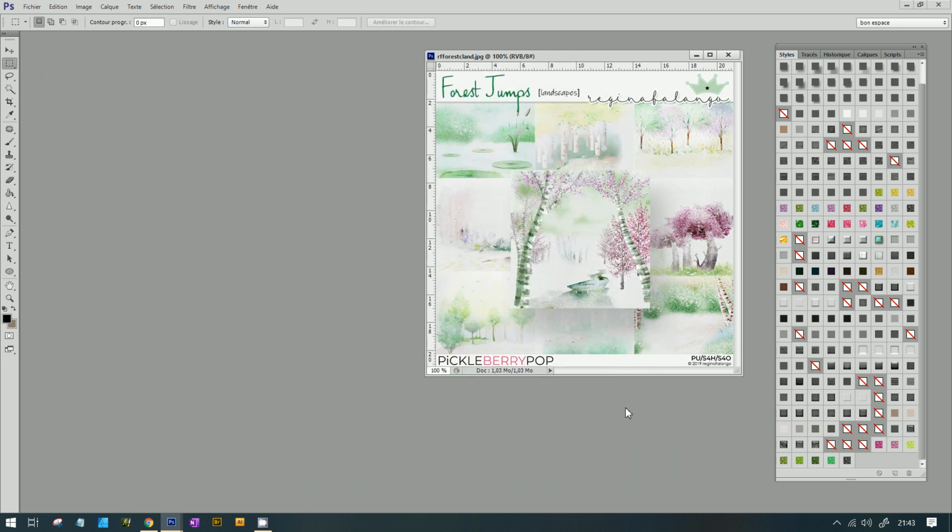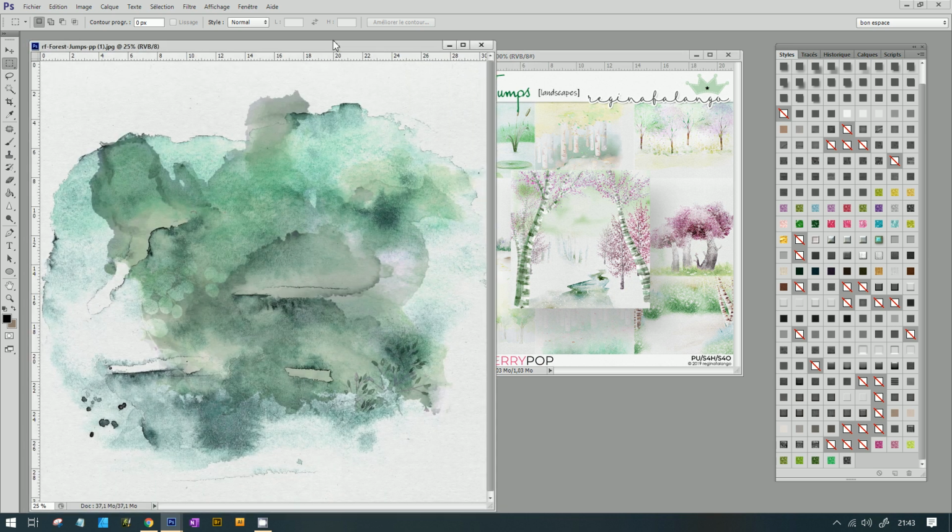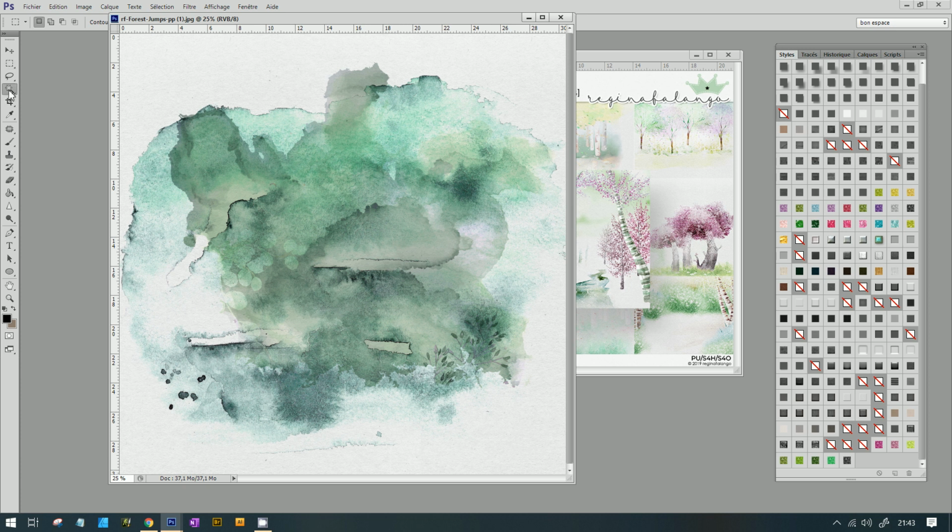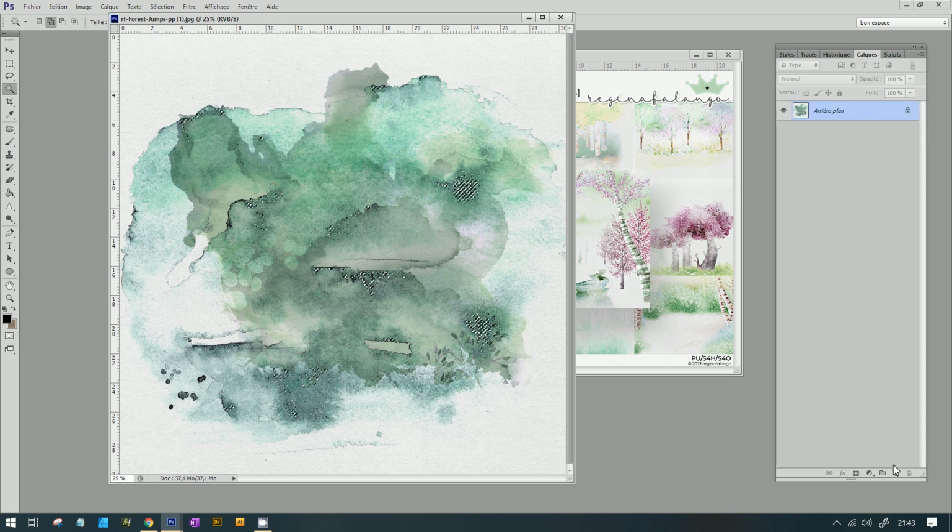What I say. The last example, I love this paper. I select the dark color, new layer.